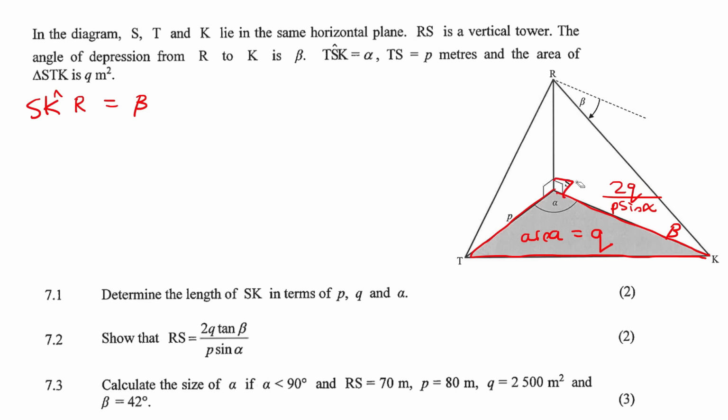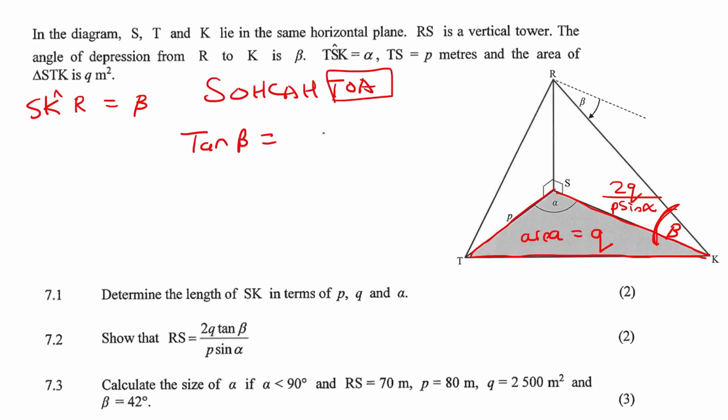Now it is a 90-degree triangle, so we're just going to use grade 10 SOHCAHTOA. A lot of grade 11s and 12s forget about grade 10 trigonometry. They just want to use the grade 11 formulas. It's not wrong, but it's making it a bit more challenging for yourself. So we've got the angle beta. We're looking for the opposite, and we have the adjacent, which is this one. So that's tan. So we could say that the tan of beta is the opposite over the adjacent, which is